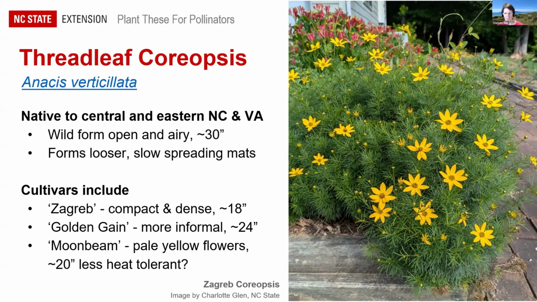And all of the Coreopsis verticillata are rhizomatous, but don't let that frighten you. They're not long rhizomes, they're short rhizomes. So it stays in a kind of a mat. You can think of it as a spreading mat that over the years gets a little wider and wider. It's not shooting pieces up far away like mint or something like that. So it's very easy to manage, and it just kind of stays in place but gets a little wider each